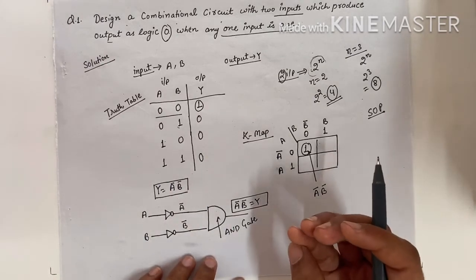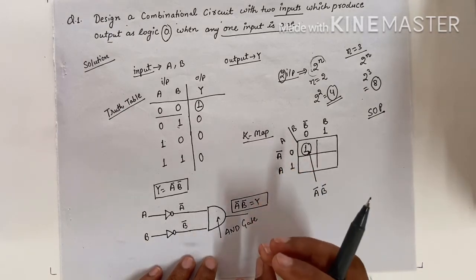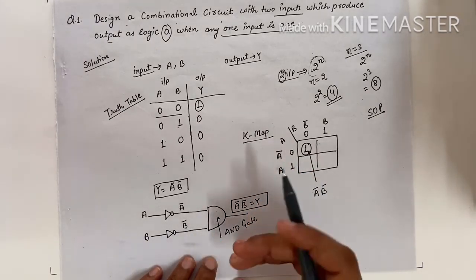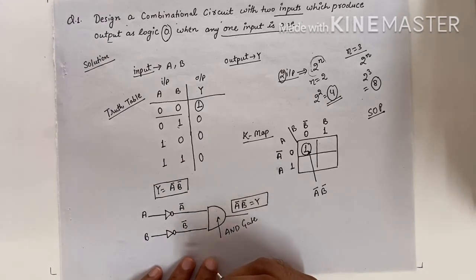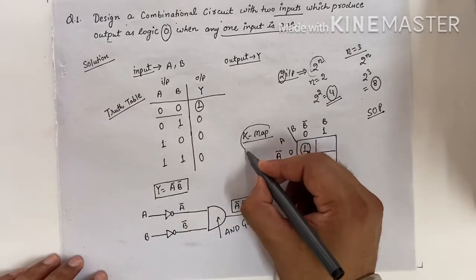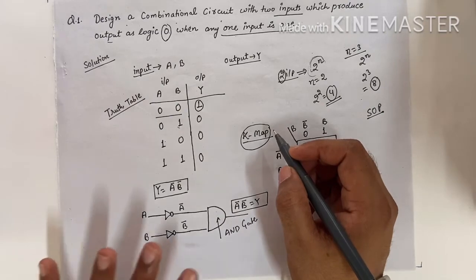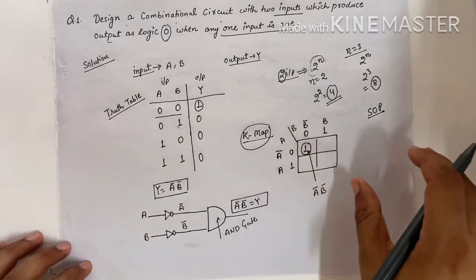Second thing is we have to determine the required input and output. Third thing is that we have to assign a letter or symbol to the input and output. Fourth thing is that we have to make a truth table. After making a truth table, you have to simplify the Boolean expression with the help of K-map. After making the K-map, you have to draw a logic diagram, your logic circuit. Okay, this is clear. This is question number 1.